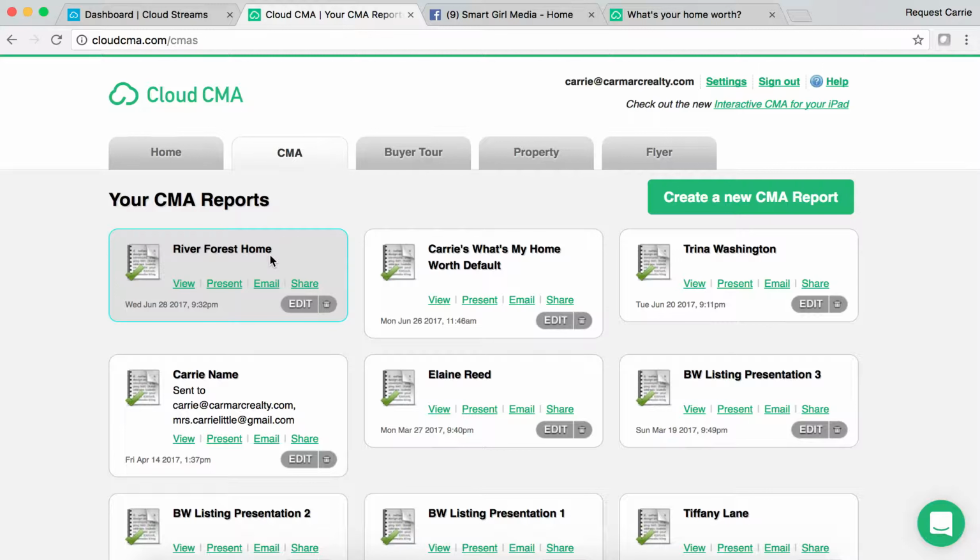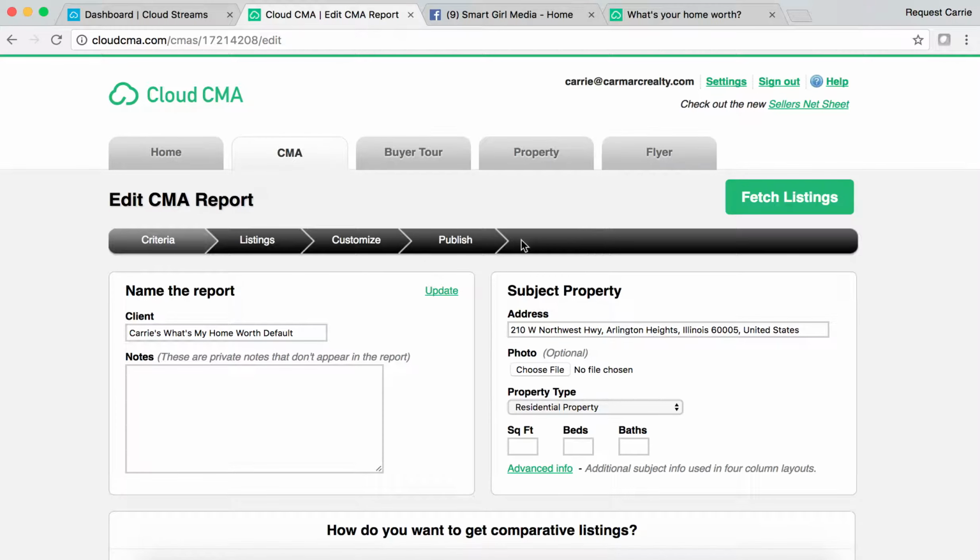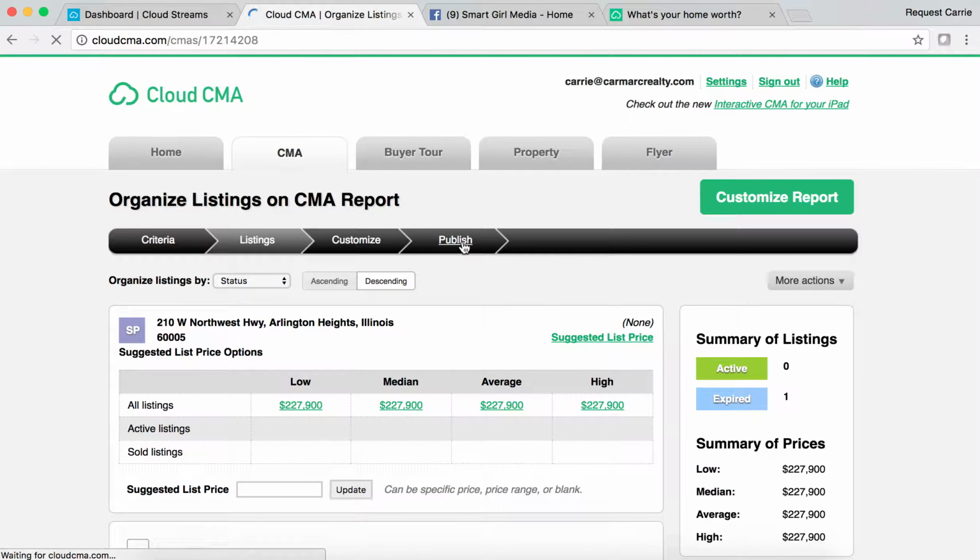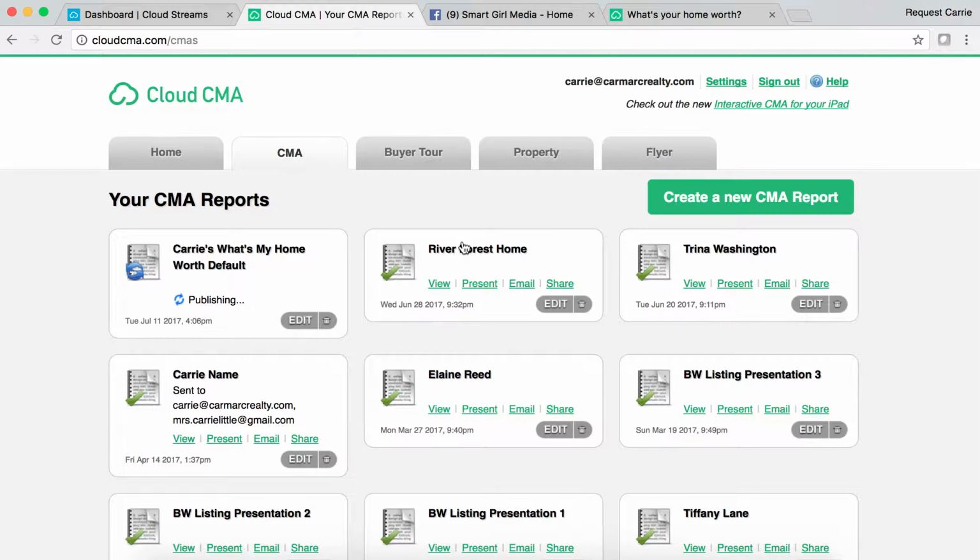And once I'm finished, I would go back to Carrie's What's My Home Worth default, click edit, and then I do like to refetch the listings only because I think it helps recycle everything through. And then I would click publish. Once you click publish, whatever you publish last becomes your default, not the listings that are in that previous CMA,